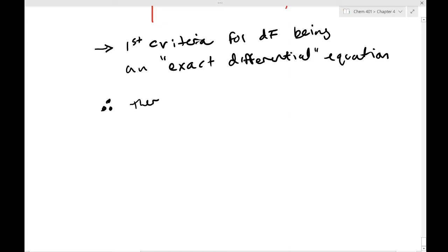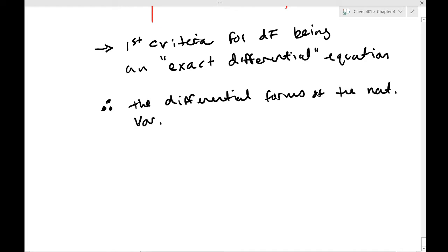The differential forms of the natural variable equations that we just talked about, the four energy equations in terms of their natural variables, are exact differentials. Okay, and we can write, therefore,